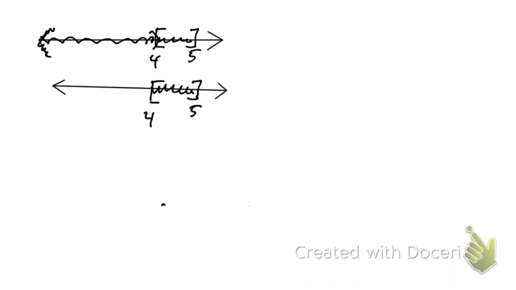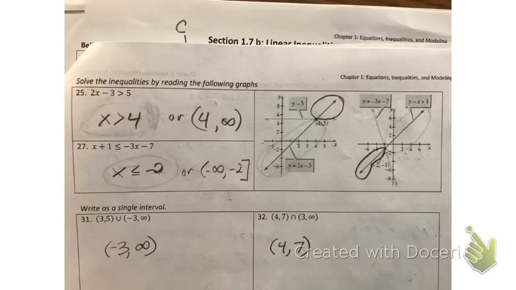So it says, when is 2x minus 3 greater than 5? This is actually what inequalities are. At the heart of it, this is what's happening. It gives you 2 graphs. It gives you 2x minus 3, and it asks you, when is this greater than 5? Well, this is my x value, so this must be my y value. They're saying, when is it greater than y equals 5? So if I draw the line of where y equals 5,